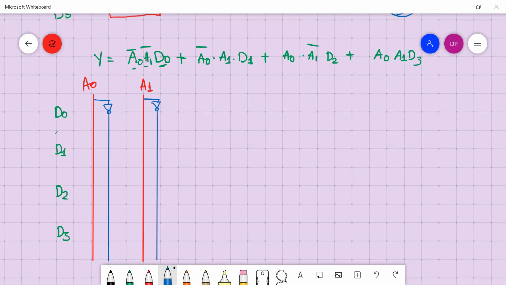We'll put a NOT gate here, so this will give us A1 bar. So take D0.